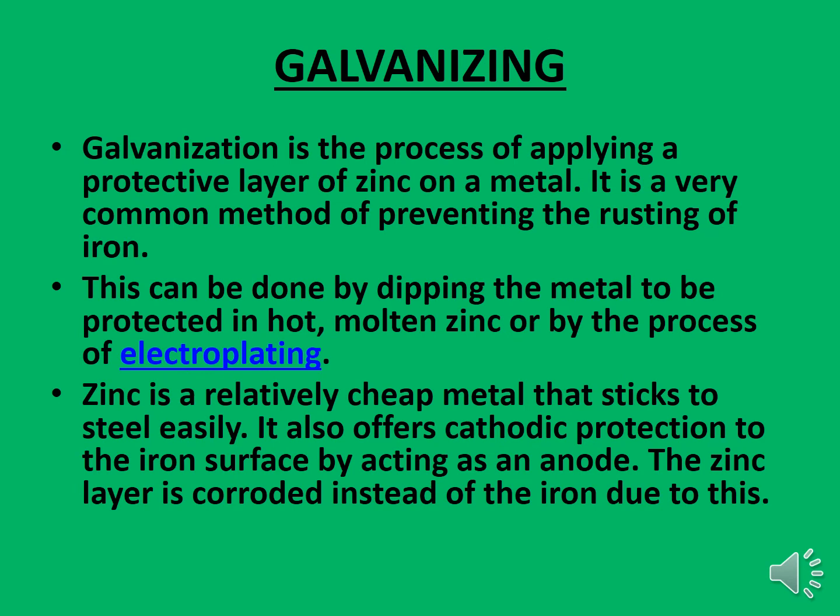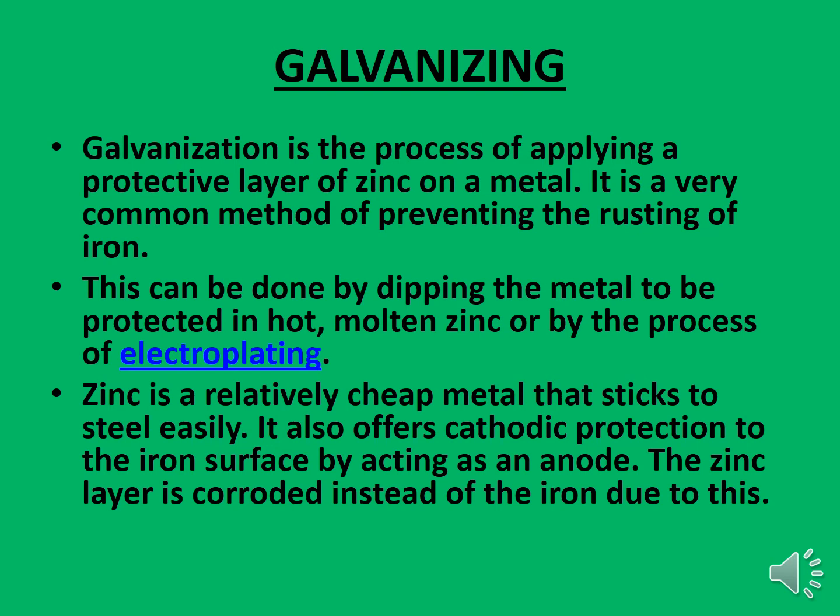The second method of prevention is galvanizing. Galvanizing is a process of applying a protective layer of zinc on a metal. This is a very common method for preventing the rusting of iron. Because zinc is a more active metal than iron, it will get corroded and it will save the iron metal from corrosion. This can be done by dipping the metal to be protected in hot molten zinc,